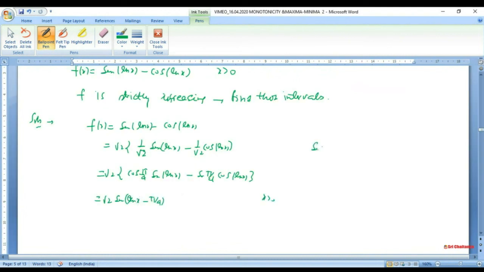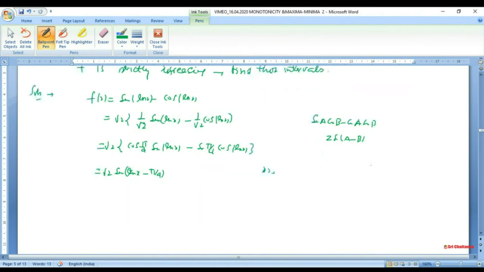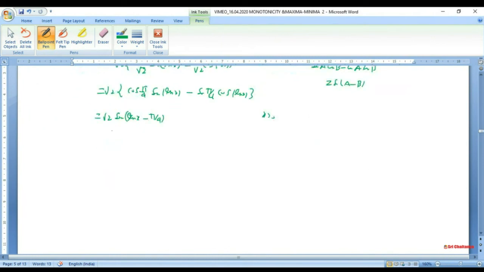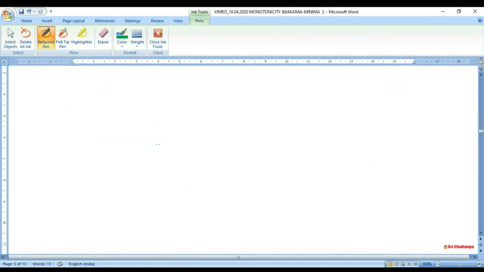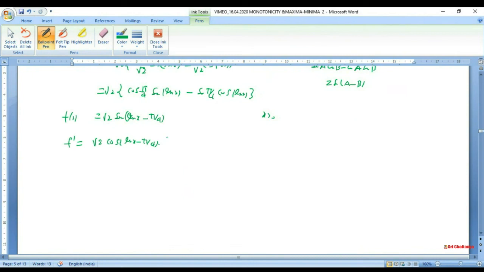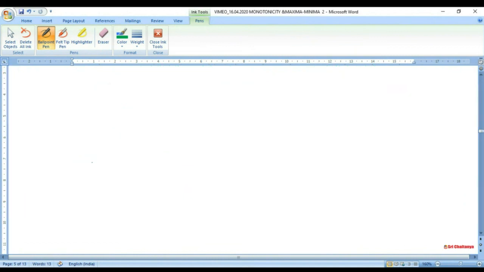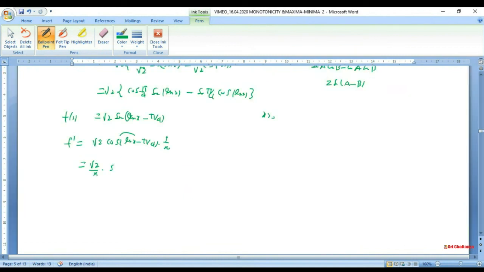Here you have used sine a cos b minus cos a sine b is sine of a minus b. Now if this is the case, this is your f of x, you want strictly increasing, so take f prime. F prime is root 2 times cos of ln x minus pi over 4 times 1 over x. I can change this cos to sine by writing root 2 over x. That's all right. And this is sine of